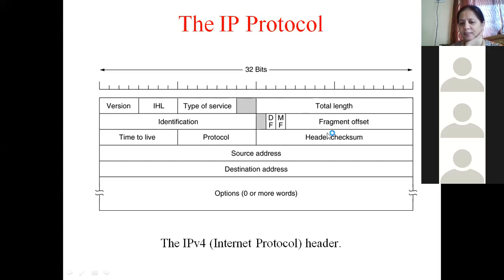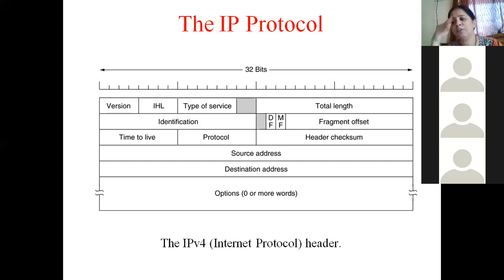There are so many fields. All these fields are necessary to smoothly see to it that the data reaches the destination. But how do you send the data to the destination? Every packet will have a 32-bit field which contains the source address and the destination address. Now, what do we mean by the term address? Address identifies a connection uniquely on a network. Address identifies a host or a router. Host means computer, or a router, uniquely on your internet.